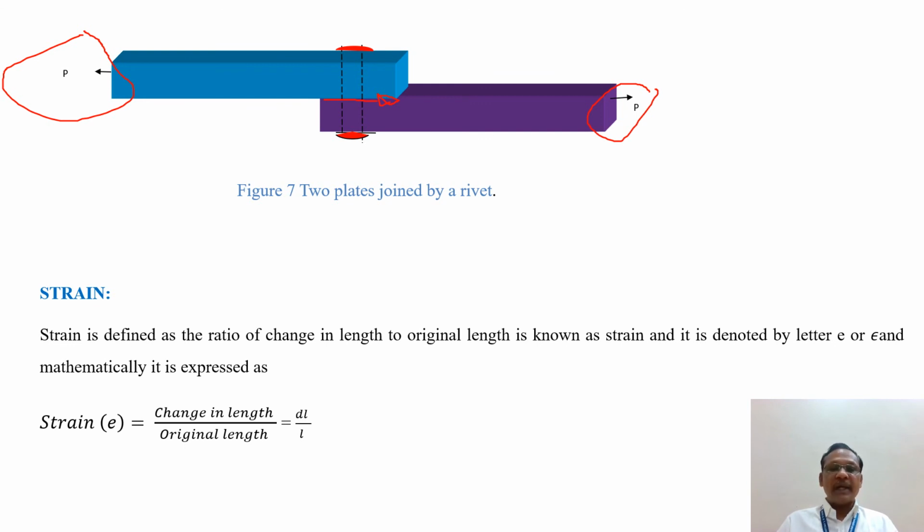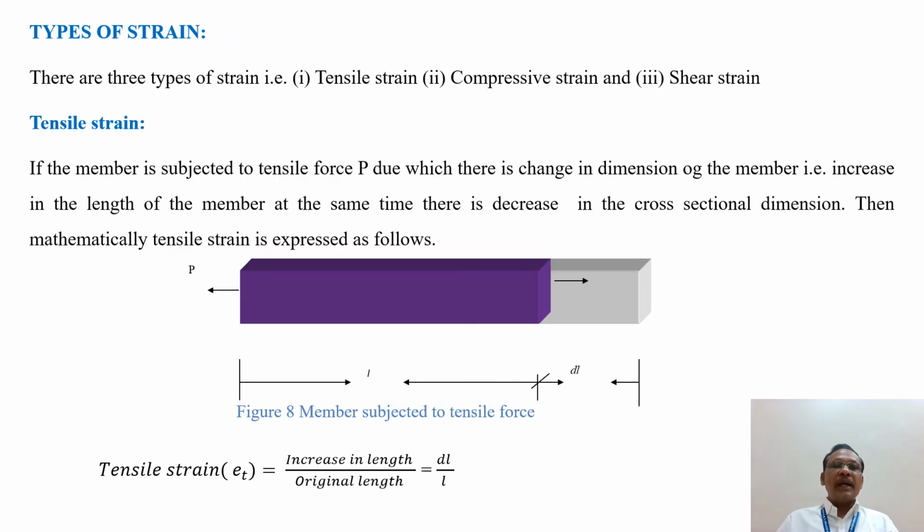Mathematically it is expressed as delta L by L. Then there are three types of strain normally found: tensile strain, compressive strain, and shear strain. So tensile strain: if the member is subjected to tensile force P, due to which there is a change in dimension of the member, that is an increase in the length of the member, at the same time there is a